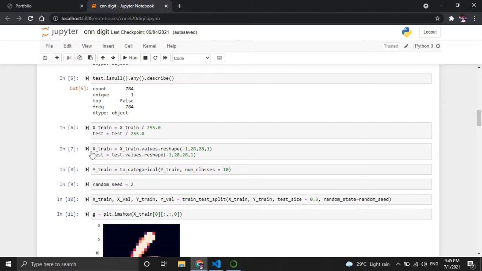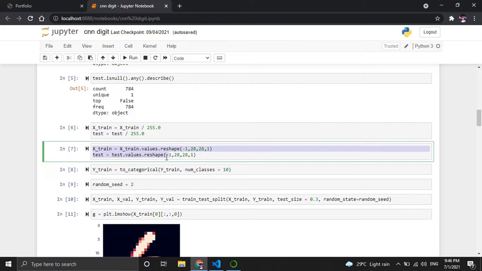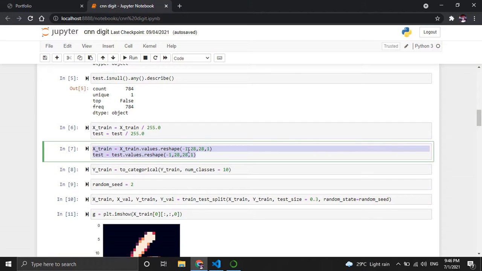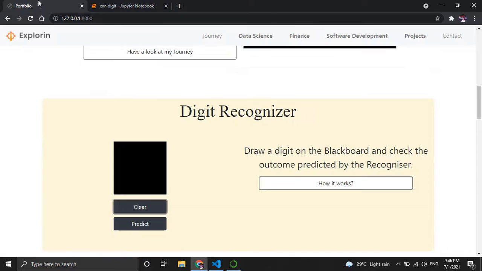This defines the shape of the frame we are drawing on. We have divided this whole blackboard into 28 cross 28 boxes, which it is going to use to predict the values.